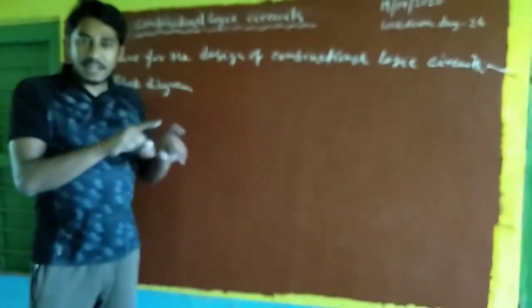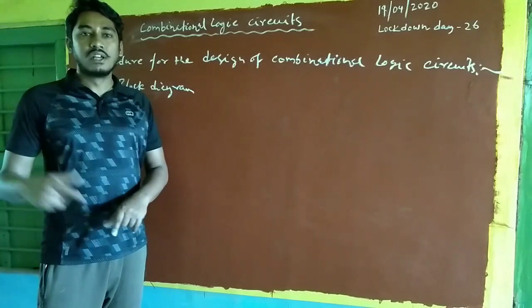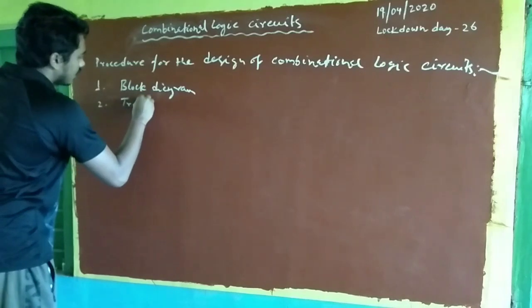Now the second step is a very important part of this procedure, that is the truth table. We need to draw the truth table. We know the truth table is an easy means of representing any switching function of n variables. This is the definition of the truth table. Truth table basically represents the output for the particular input combination. We write the possible input combinations and the corresponding output. So this is the complete representation of any switching function of n variables. So second I am writing truth table.